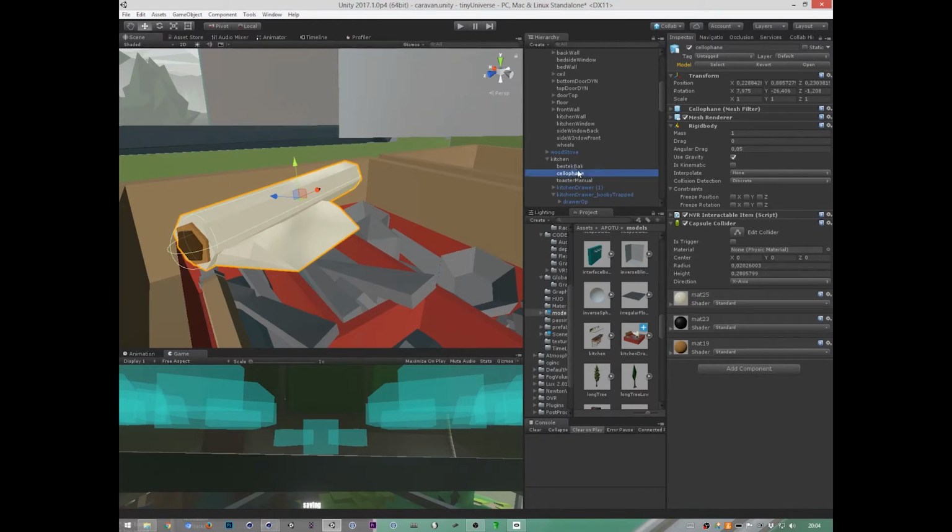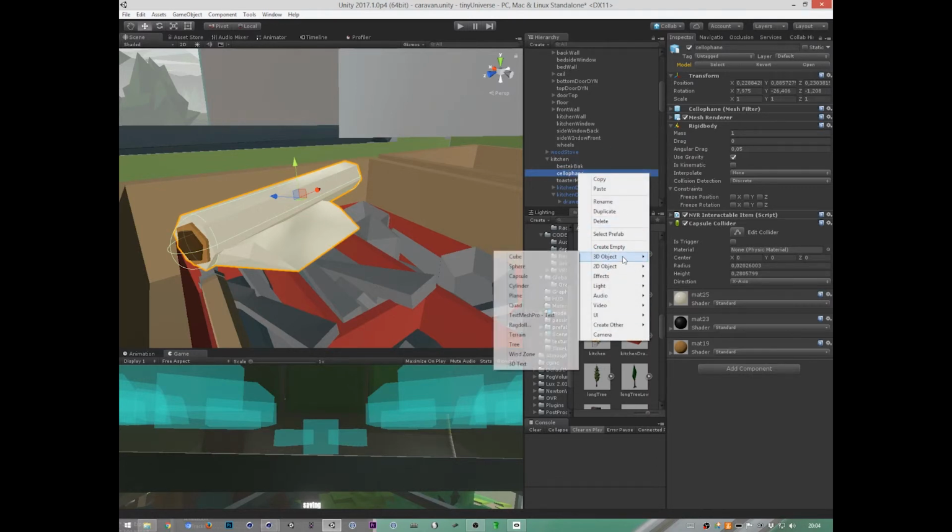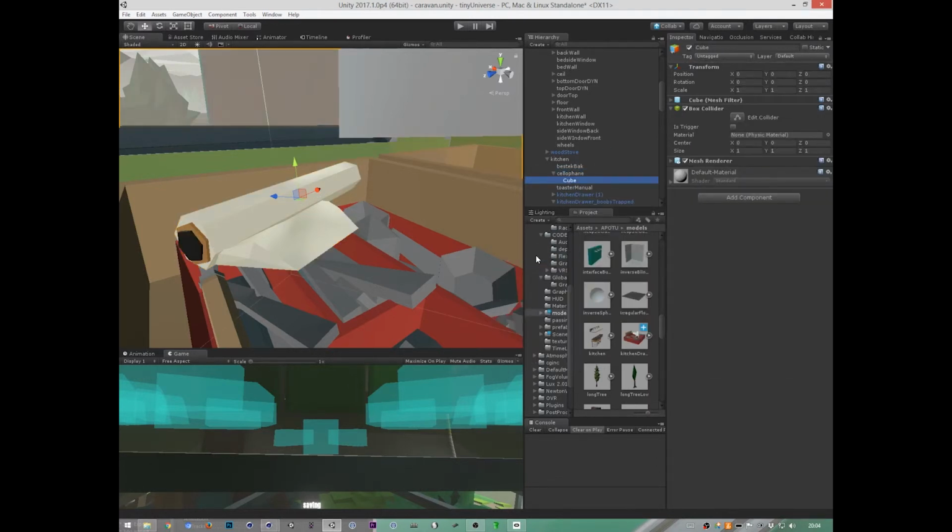So it's pretty easy. I just add a cube to it. 3D object cube. I immediately remove the mesh filter and the mesh renderer, and I just have this box collider here, which is huge. So let's just